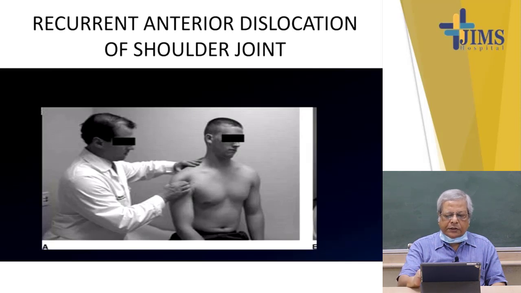In recurrent anterior dislocation of the shoulder joint, the patient gives a history of repeated episodes of the shoulder joint getting dislocated. As the number of episodes goes on increasing, the amount of trauma needed to dislocate the shoulder becomes much less. In some cases,